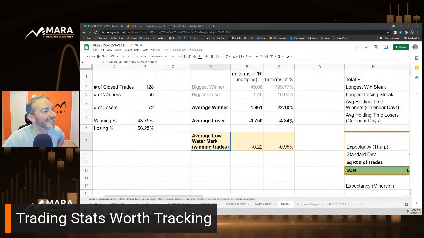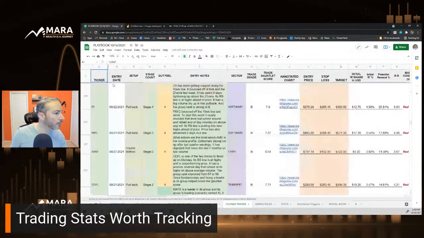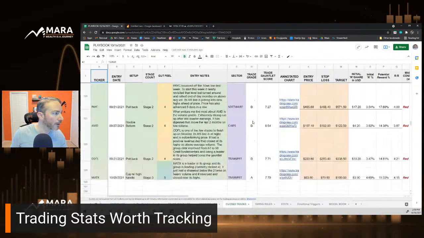So, the average low watermark on winning trades. This too is very good to know, and the reason why is because if you know your average low watermark, meaning how far a winning trade moves against you throughout the life of the trade, that helps. I started tracking that not too long ago. Let me zoom out a little bit on here. That's a little too close. So I started tracking that